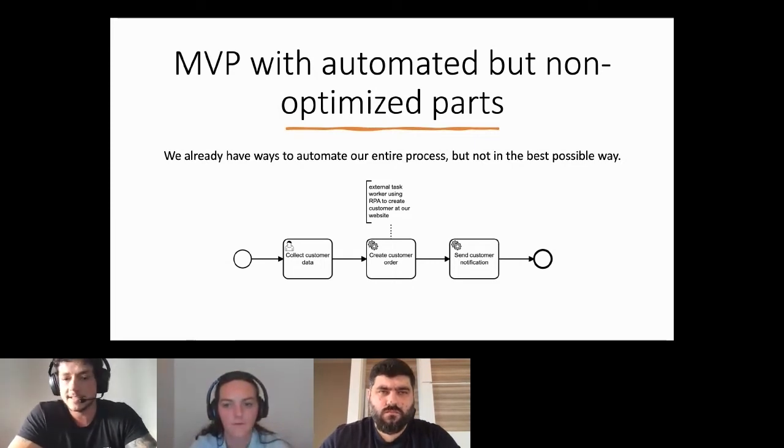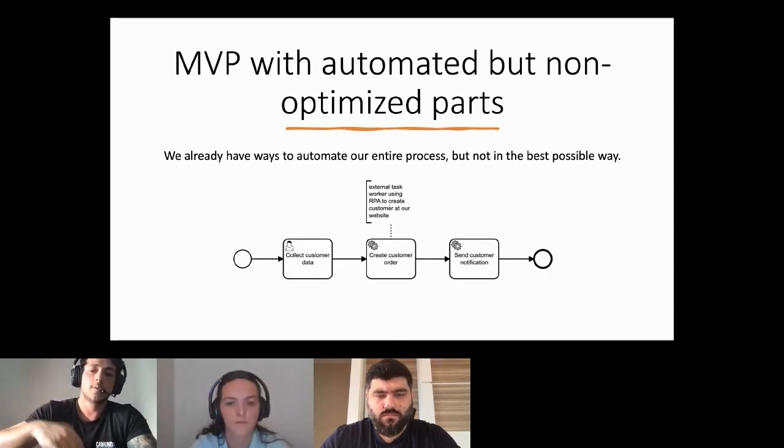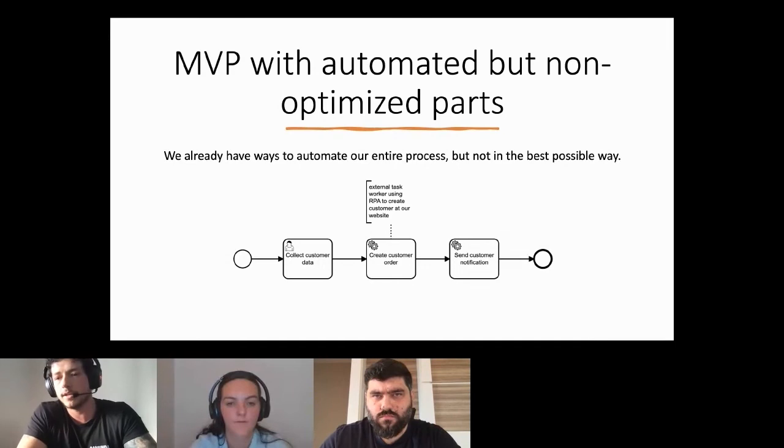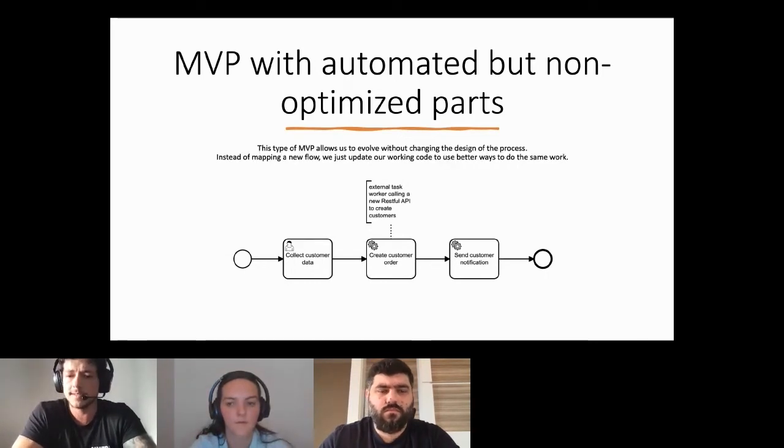In the second task, I have an external task in which my worker will use robot process automation to open a website, create a customer at that website, and then when the customer was created, it will continue my process and go to another task of sending customer notification. This way, we had our process fully automated, but maybe it is slower than we want.